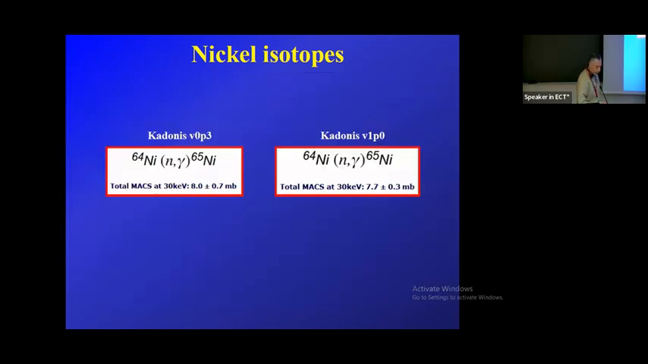Why? Because the available measurements for this isotope are normally around 30 keV. So basically, if we pass from the KADoNiS 0.3 database to the most recent version, we see that the Maxwellian-averaged cross-section at 30 keV is more or less the same. You see 8 millibarn and 7.7 millibarn. But if we have a look at the profile